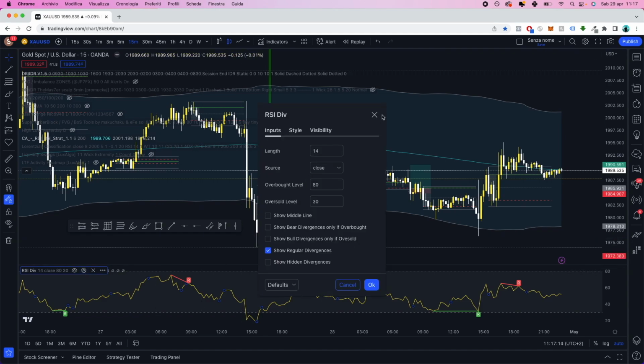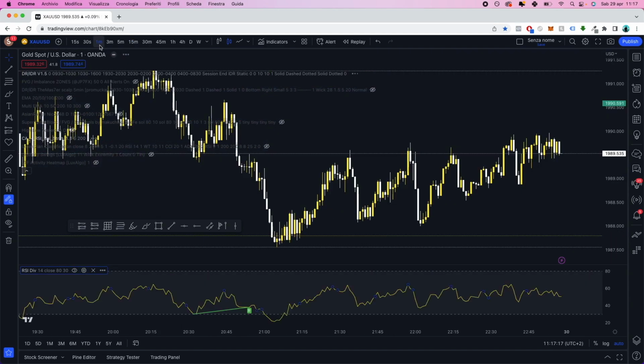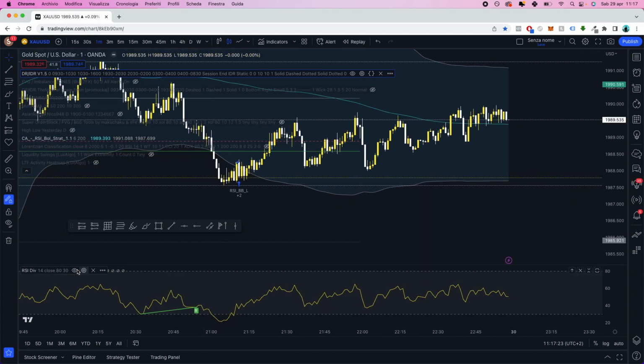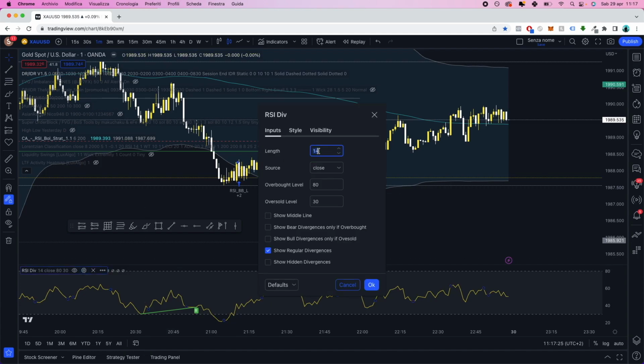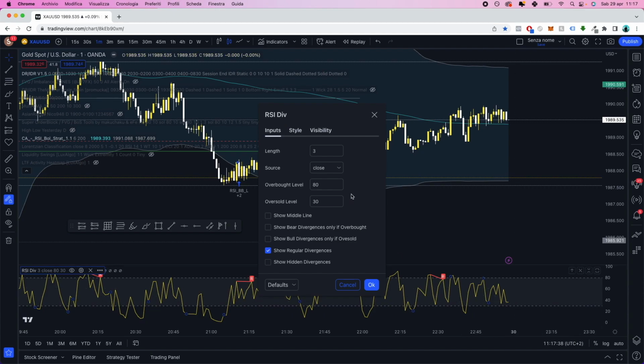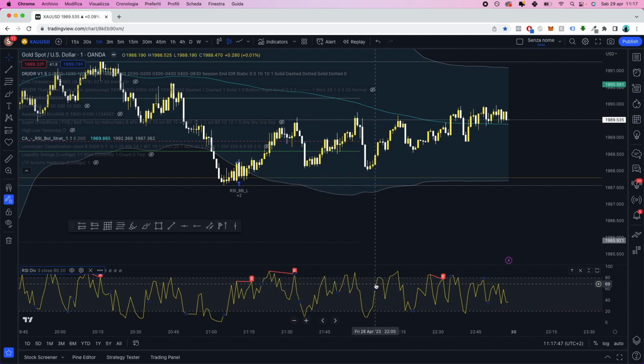I can show you something. If I go down on a different time frame, for example the 1 minute time frame, I can also change this from the RSI. If I put this to the 3 period, I have a lot more buy and sell signals. So I should also play with this overbought and oversold level. For example, I can put something like this. In this way, I will reduce the signals that I have from the market,